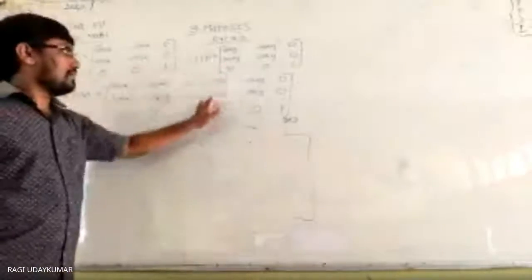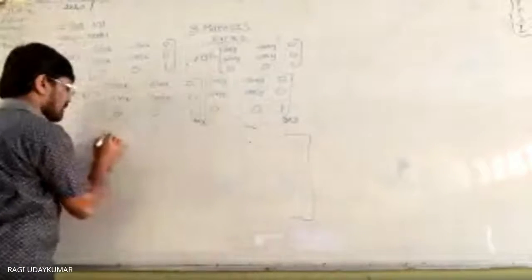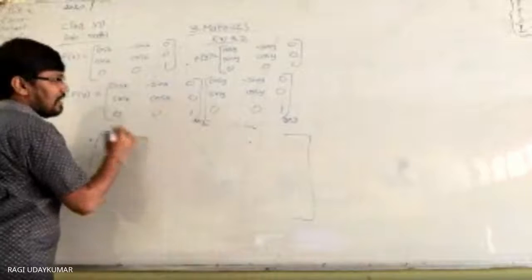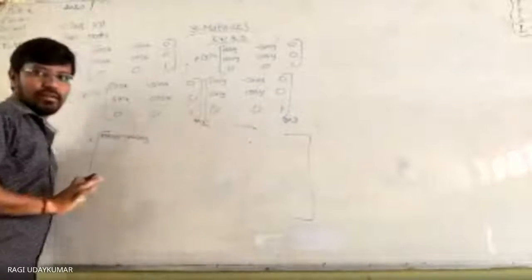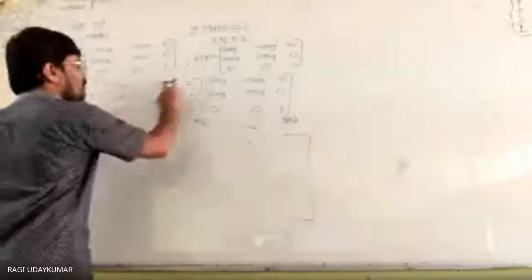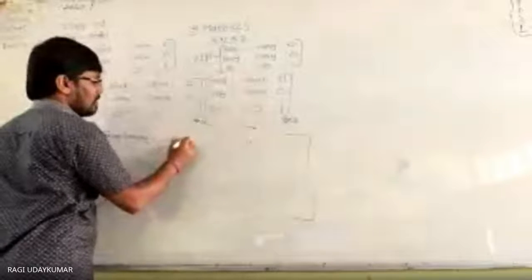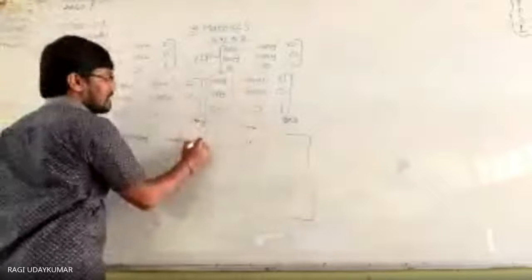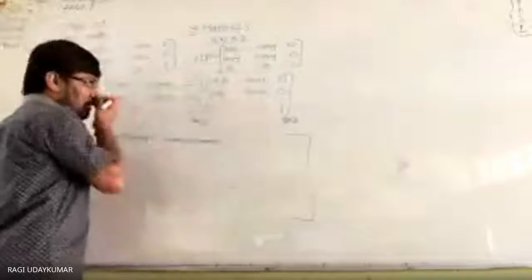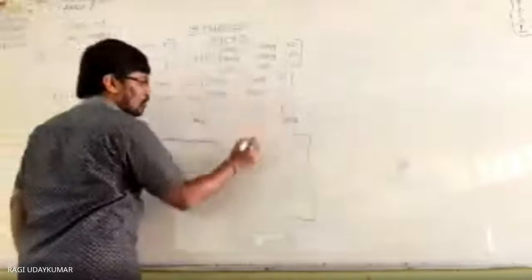Now this row should be multiplied with this column. So cos x cos y minus sin x sin y, plus 0 into 0, 0. So first row and second column, if you multiply: minus cos x sin y minus sin x cos y, plus 0 into 0, 0. Next, if you multiply the first row with the third column, 0 multiplied, 0 multiplied, so 0 here.